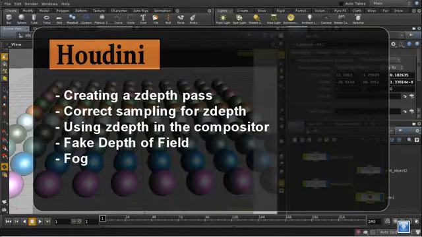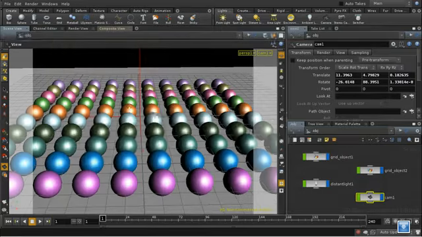Well, this tutorial is going to look at rendering a depth pass from Mantra, and then look at creating a fake depth of field effect to demonstrate the use of the depth pass. I've got a scene set up here with a camera and some lighting and some spheres arranged, as you can